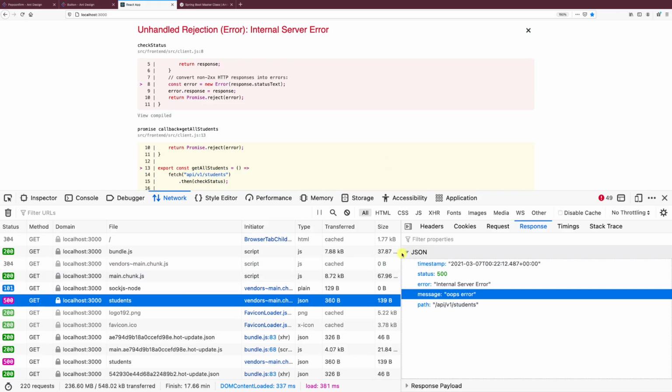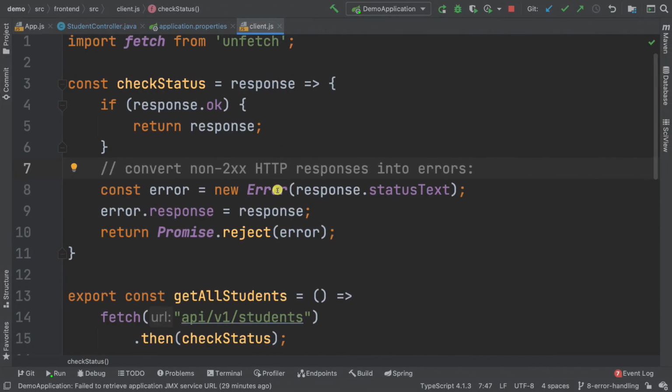The backend is sending the correct message to the front end, but right here we need to actually handle those errors. So you can see that unhandled rejection and then internal server error. So the client needs to handle this error. So let's go back to IntelliJ, and in this check status, we basically convert non-200 responses into